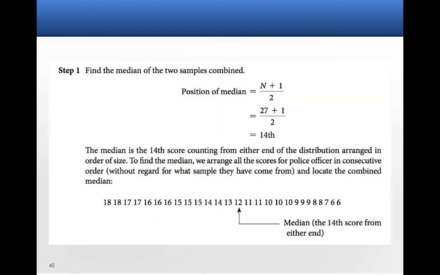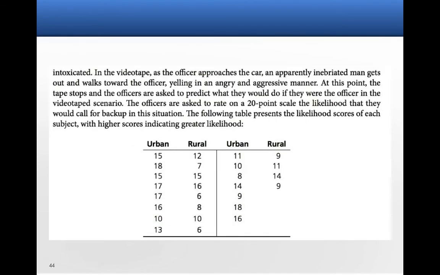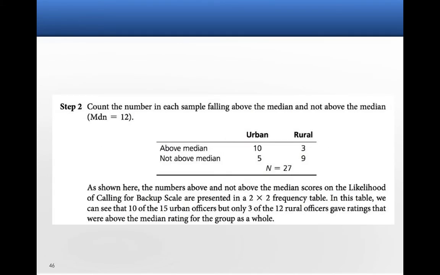So we want to find the median of the 2 samples combined, right? So it's the 14th position. So we need to line up all our scores and find the one that's in the 14th position. Okay, we want to count the number in each sample that falls above the median and not